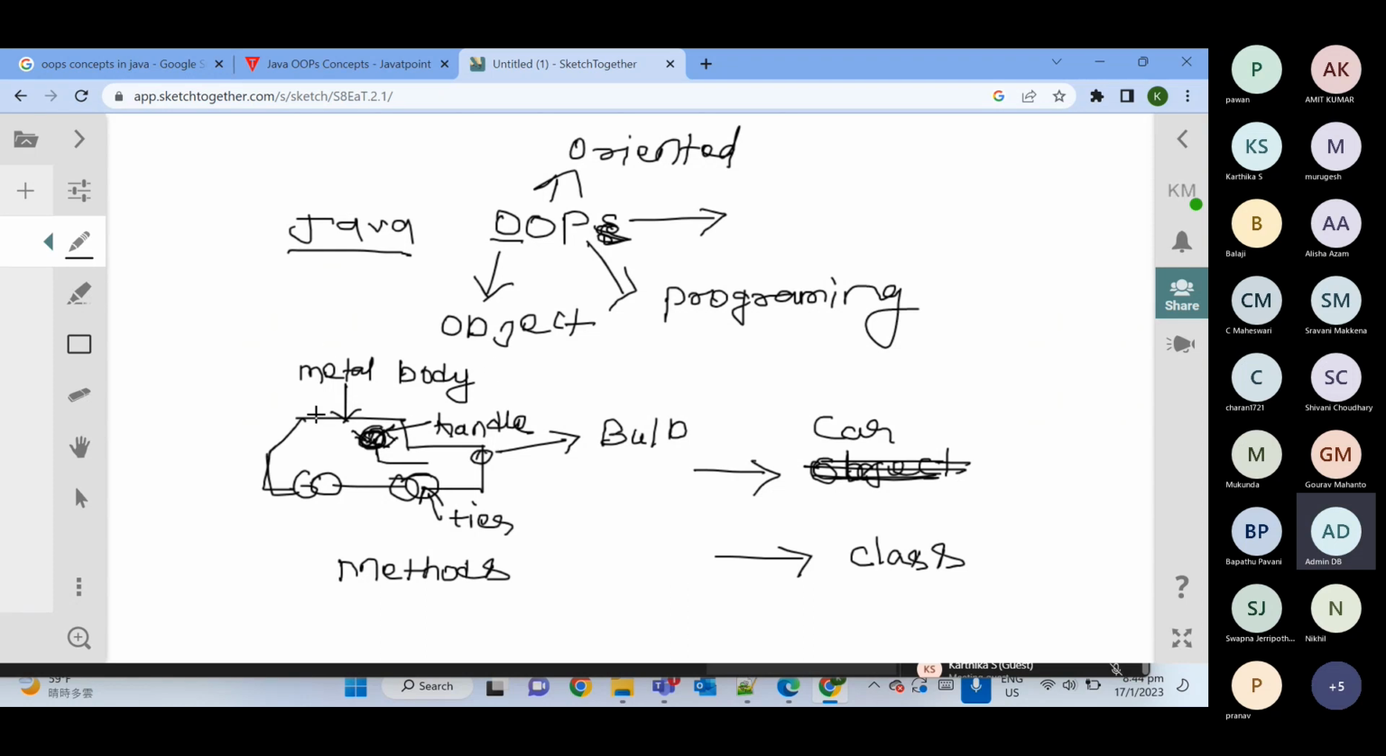So what we have here is a small component. By combining these components, we can make a car. Same way in Java, we will have multiple methods which will perform different functionality. All these methods will perform different functionality, and then they will make a class. So within a class, there will be